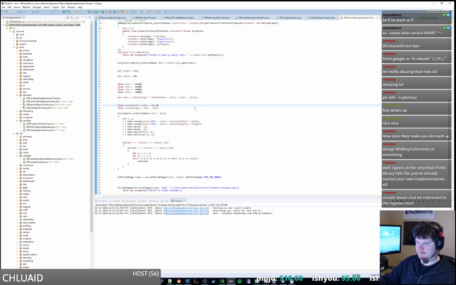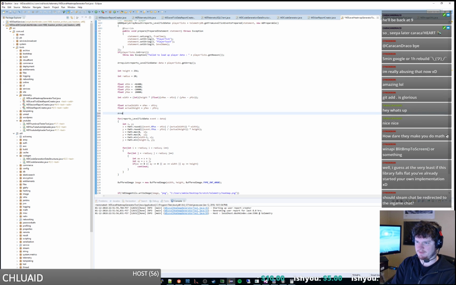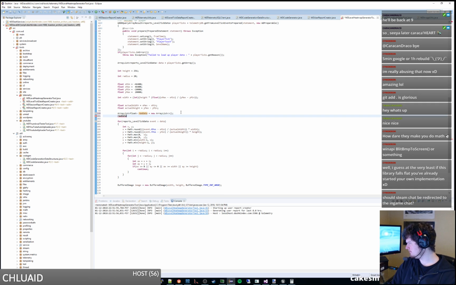So we're going to get a whole bunch of data, so it's going to be like an array list of floats, which will be data. Image data, or raw data, I should say. Well, we'll write the values, and then we can like